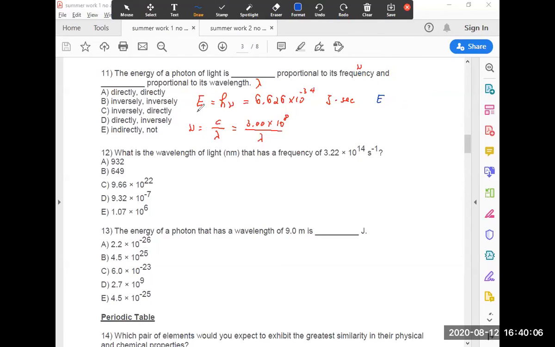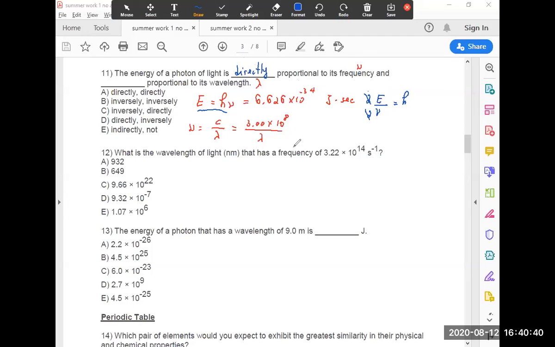So E, from here, we can say that E divided by nu is equal to h. So if this is a constant, and I make this one twice as big, to keep h equal to h and not twice h, I have to also multiply the frequency by 2 in such a way that they simplify, they cancel out, and I still have the number. So whatever I'm doing to E, I have to do to the frequency as well. So those are directly proportional.